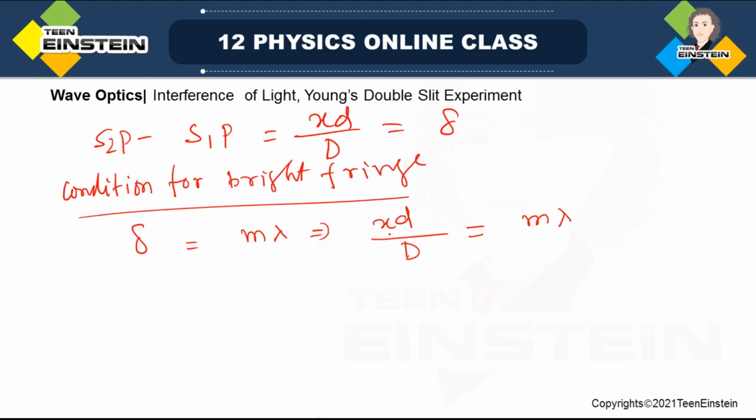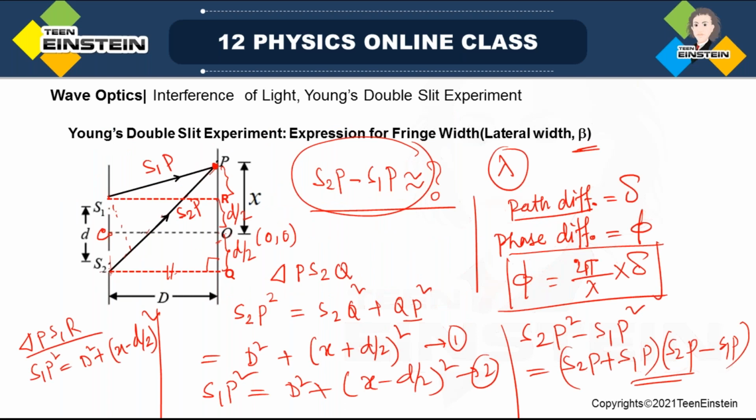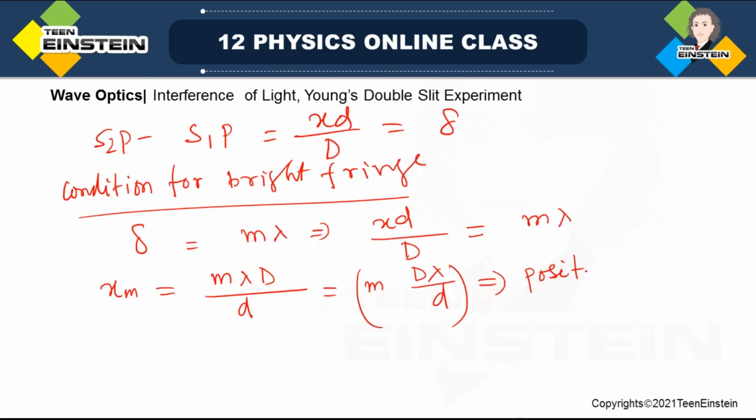So from here I can find out, see this, I should write this as xm because this is the m-th thing on the screen, equal to m into D lambda by d. Okay, so this is actually the position. If that is the position P, if P is the position,